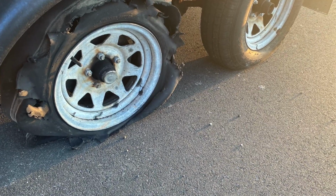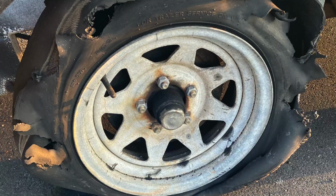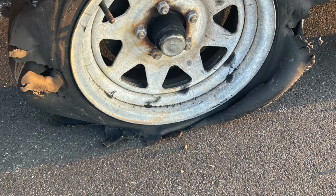Well, this is unexpected. We've had quite a development today. As you know, we went to Maryland to pick up our boat, and I'm thrilled to death with it, but a little less thrilled with the fact that one of the tires on the trailer shredded as I was going down the highway. We are all safe, thankfully,